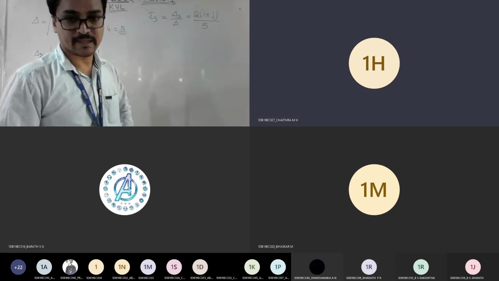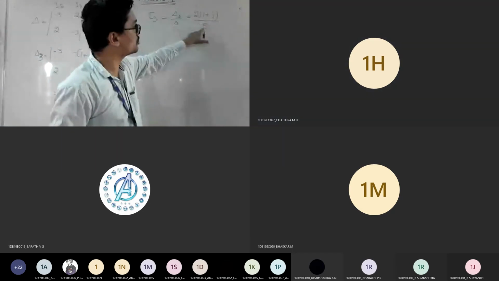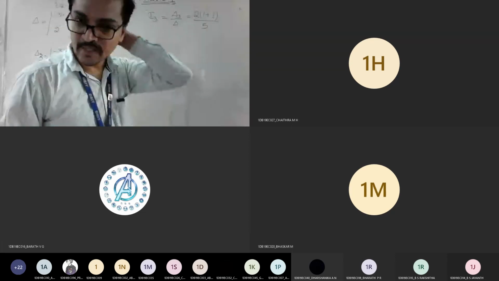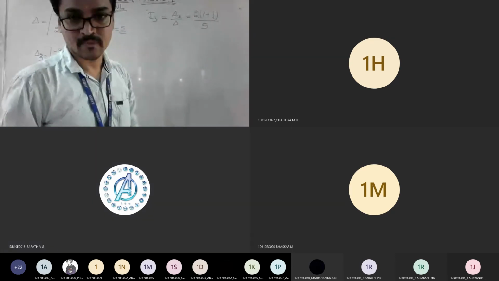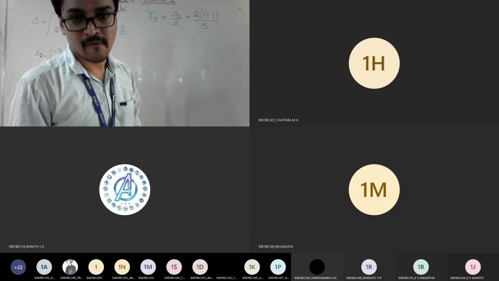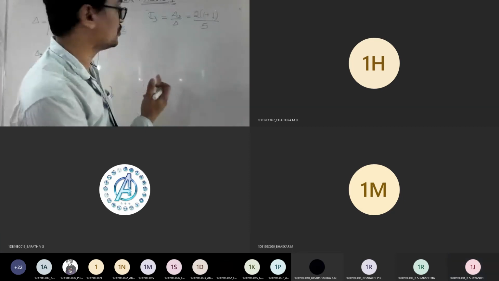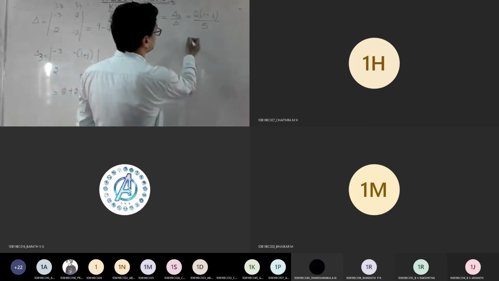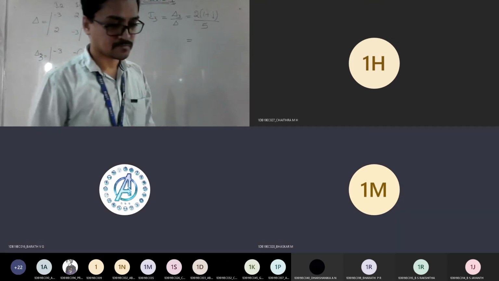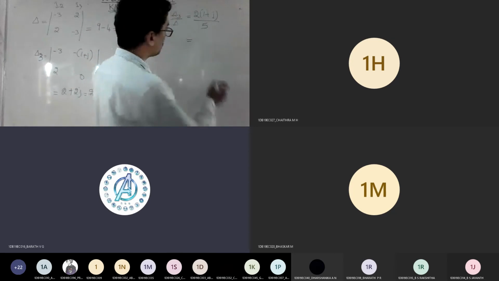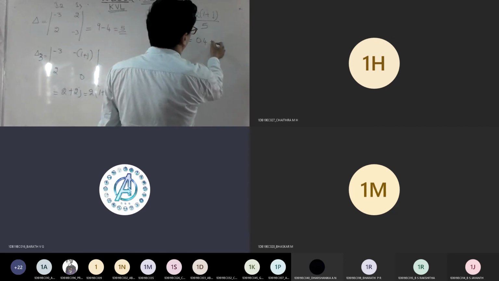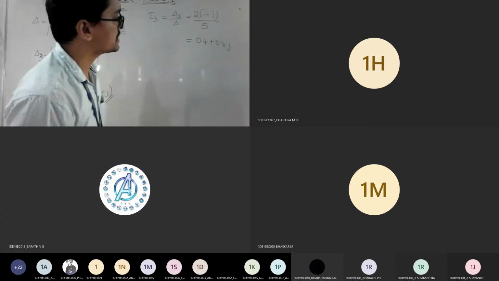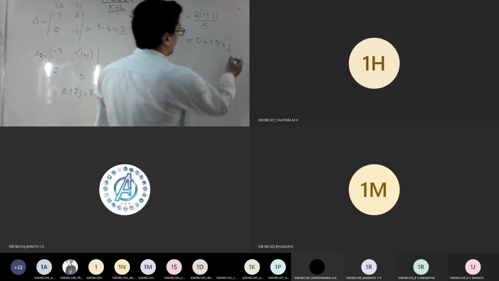Rectangular form. So can I do this 2 by 5 and multiply, to get one complete answer? Yes. Or use your calci. So 2 plus 2j divided by 5, that is also fine, not a problem. Tell me what is the answer? So 0.4 plus 0.4j. Good. So this is your rectangular form answer.